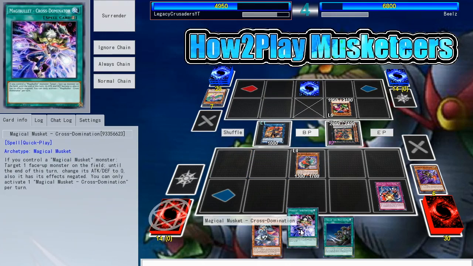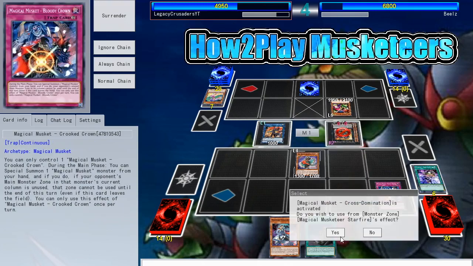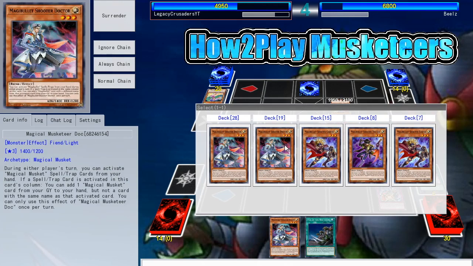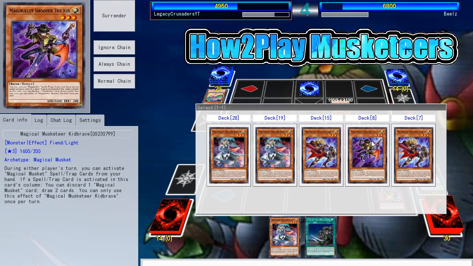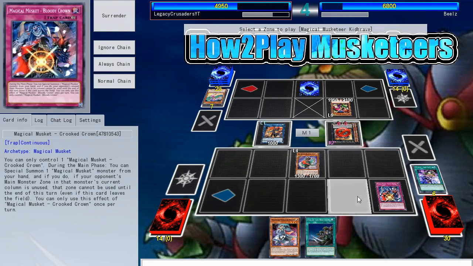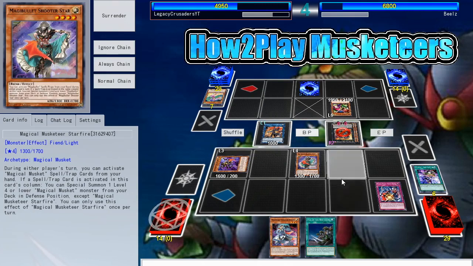So next, Crossdom in front of Starfire. Yeah, Crossdom, Flare Metal. I don't want to take 5 anymore. Starfire effect. Summon Shooter. Who's Shooter? Doc? Kid, sorry. That's okay, I'm just like, not completely sure on names. Anywhere? Yeah, anywhere. And then, yeah, so...